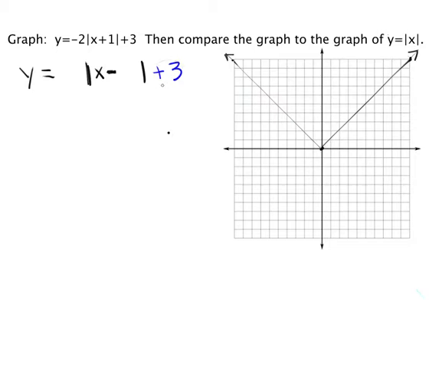So here I start with my plus 3 because I want to start with what the y values will do, which will be the up and down. So this right here will be up 3 units. All the y values are up 3 units. Then I'm going to